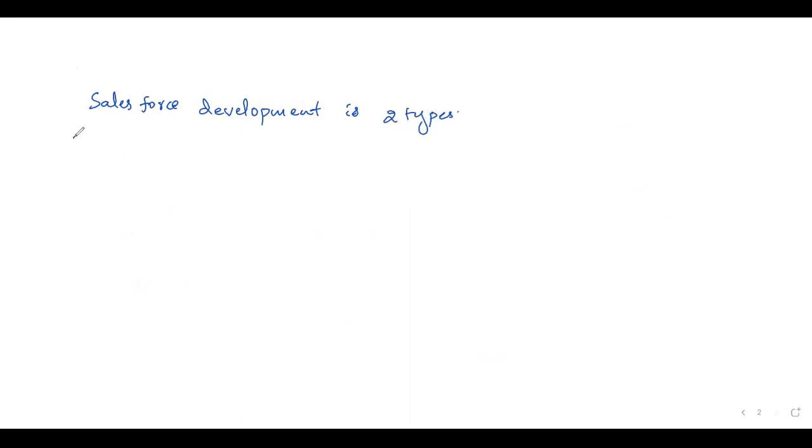One is point and click tools, or we can also say declarative approach, where we need not write a single line of code for customization. We do it by point and click.